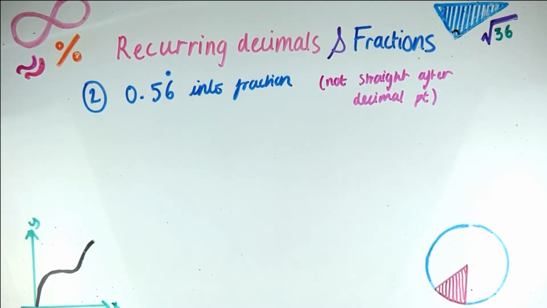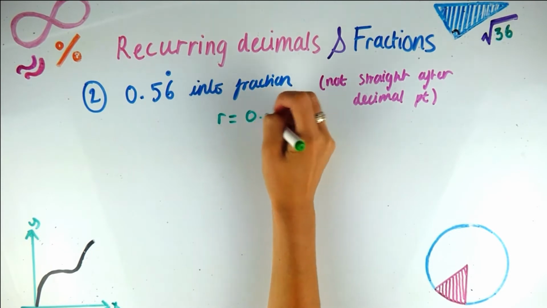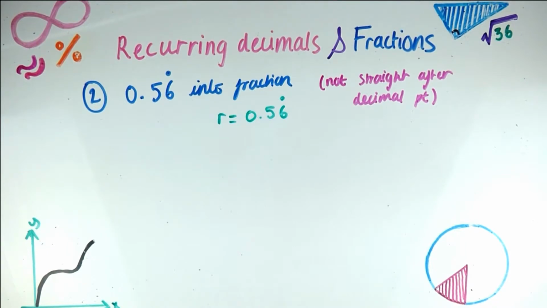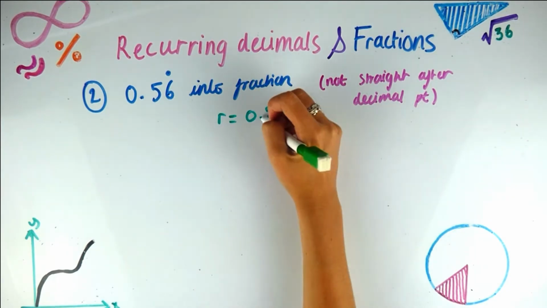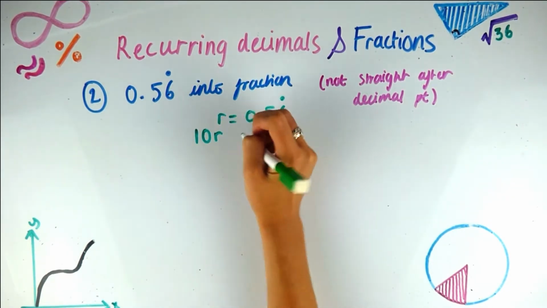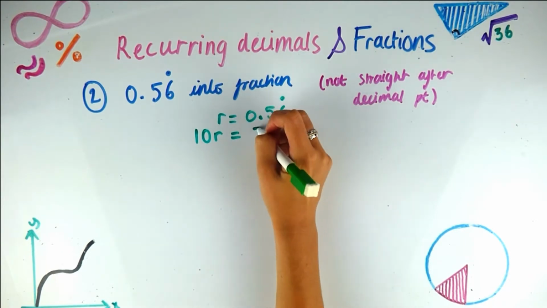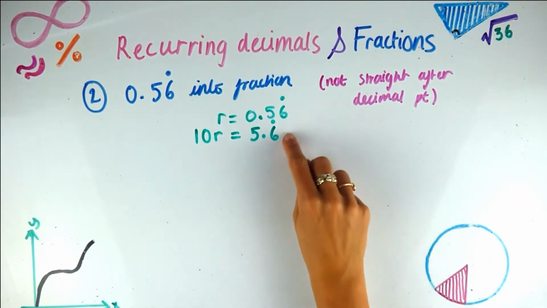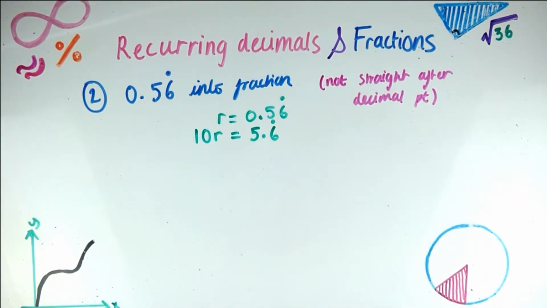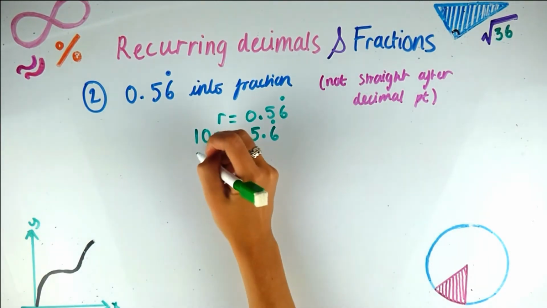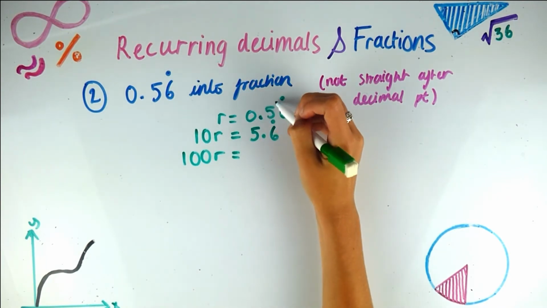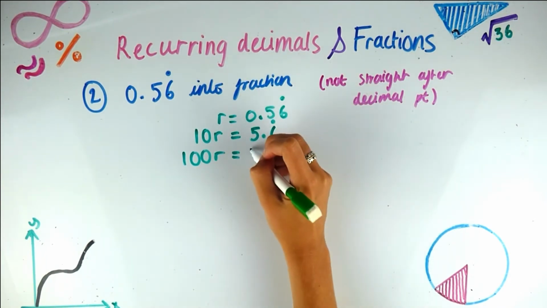So we start with the same first step where we call r the recurring decimal 5.6 dot. And we're going to try to create the same thing after the decimal place again. So first I'm going to times r by 10 to get 10r on this side, moving the decimal point over 1, so I get 5.6 recurring. But we don't actually have the same thing after the decimal point yet, so I'm also going to do it again, this time timesing by 100. I move the decimal point 2 to the right, so I get